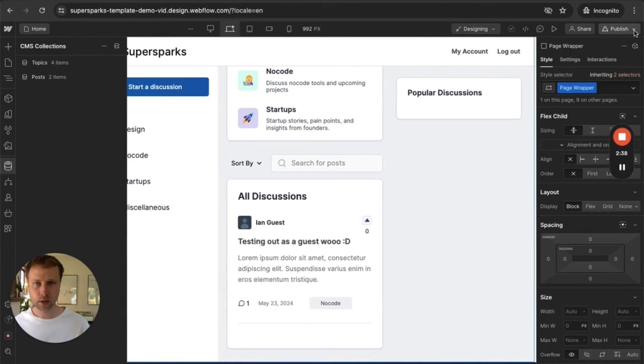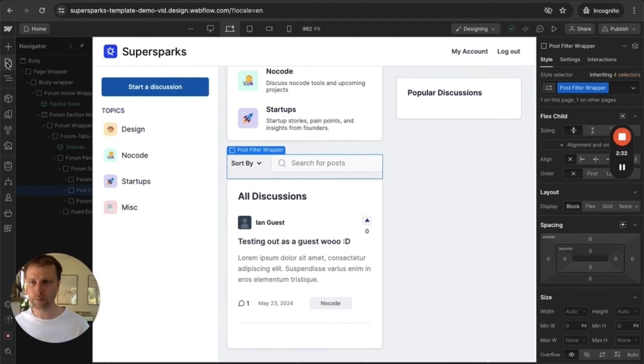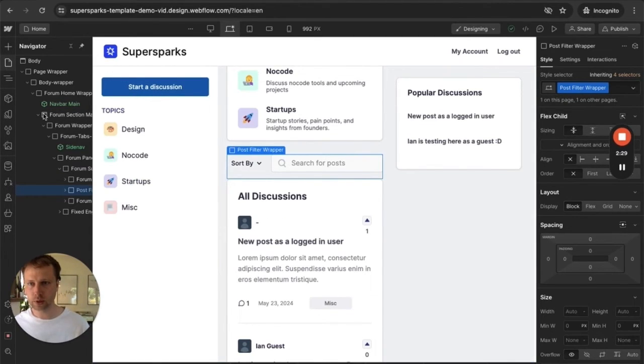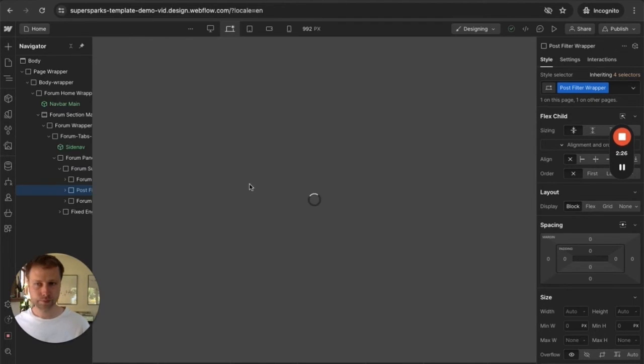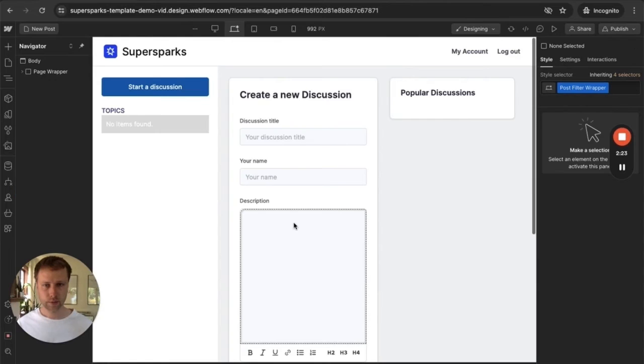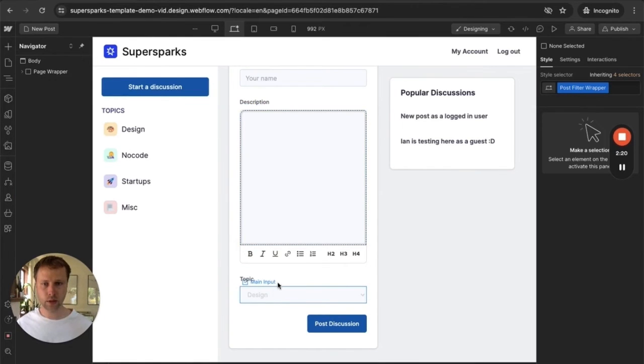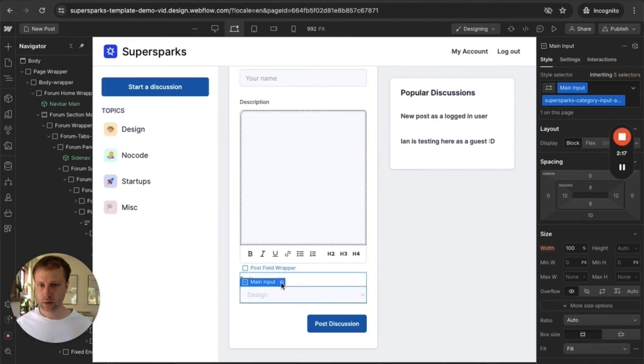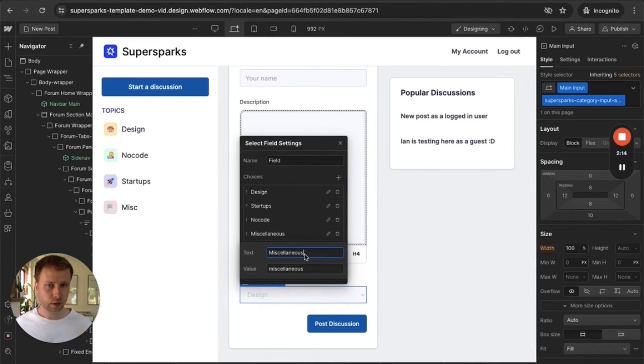topic names. What you would want to do is go to the page with the form. So it's called New Post here. And then just change the name or the value of this topic in the dropdown to whatever you want to change it to. So in this case, I'm just changing it to MISC. And you just have to make sure that the value here is identical to the slug for this category /